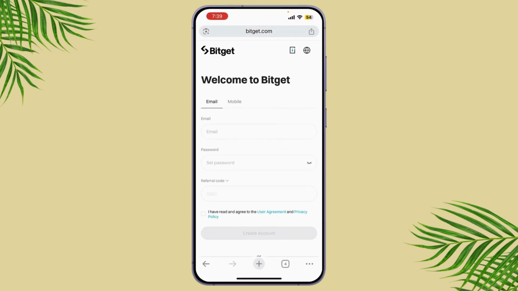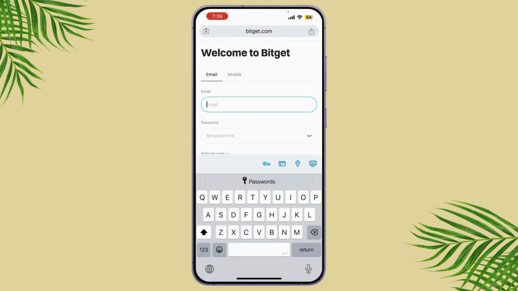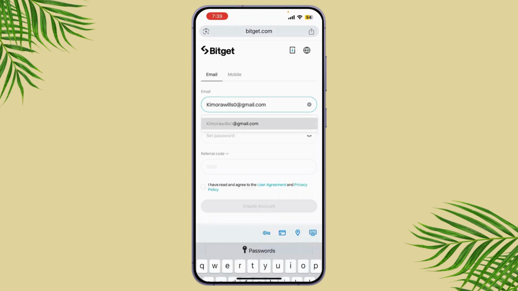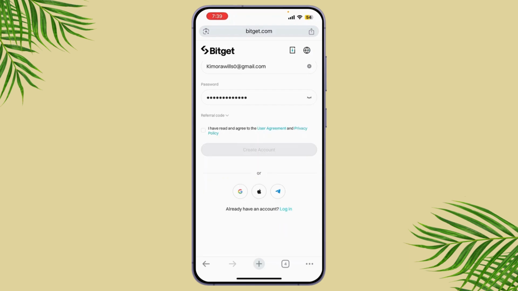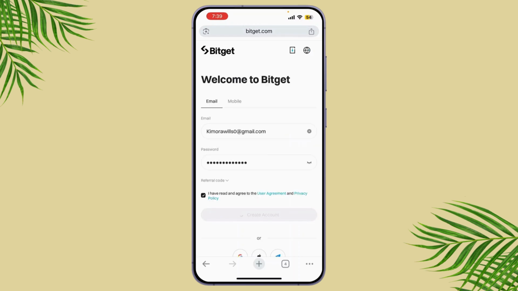If not, you will get to the sign up page. What you need to do is enter your email address. Now simply set a password. And simply click on I have already read and agree to the user agreement and privacy policy and click on